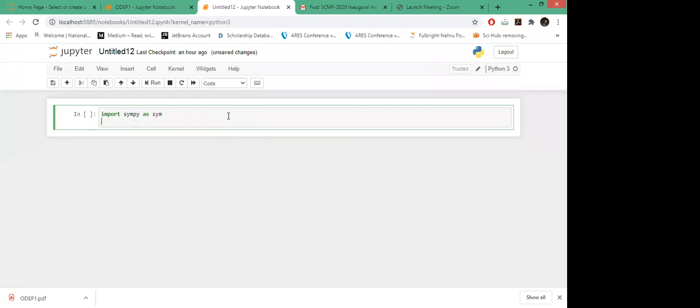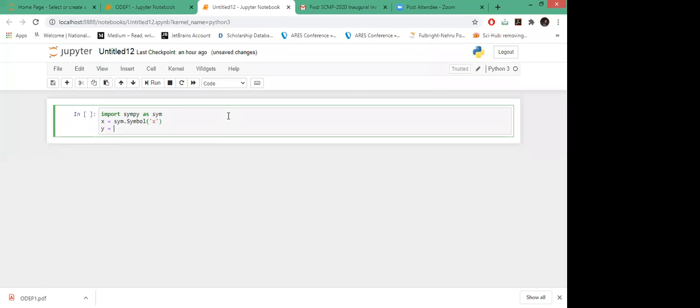First of all, we need to define the symbol, which I'll be using as a variable for the functions. So I'll call this function symbol and name it x. This x is my variable, and I use x equals to access the variable x. Then I might need y as well. So this is how we define it. Now we have two variables, x and y, and I'll access them with x and y only.